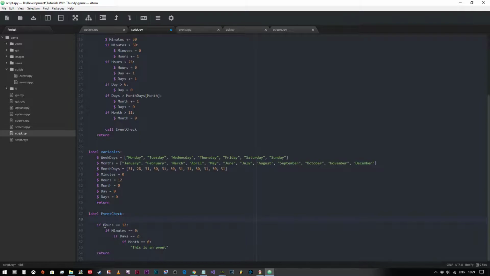We can use and or logic for this as well. So I'm going to demonstrate how to do that now, but we won't go into any more details on things such as classes until another video. So what we're going to do is we're going to change this slightly. So we're going to put these into brackets. If hours equals 12